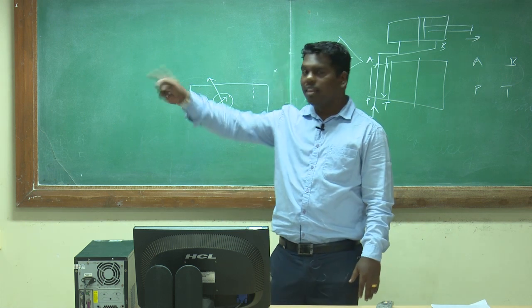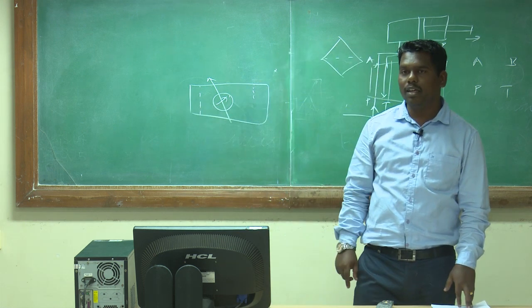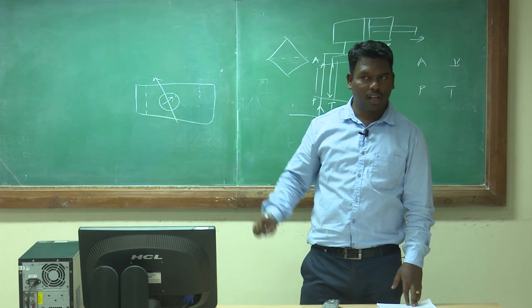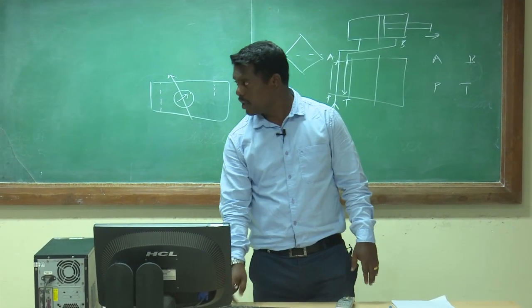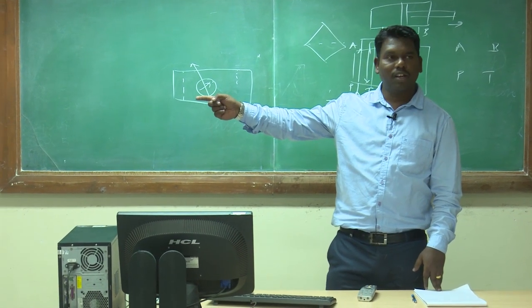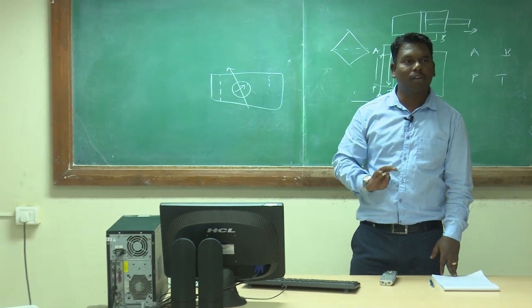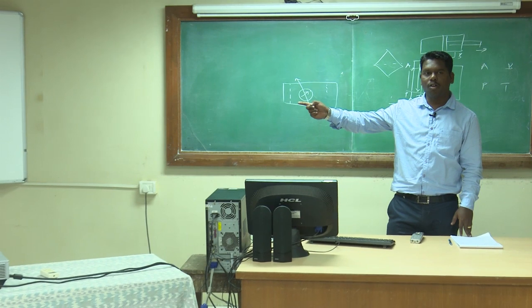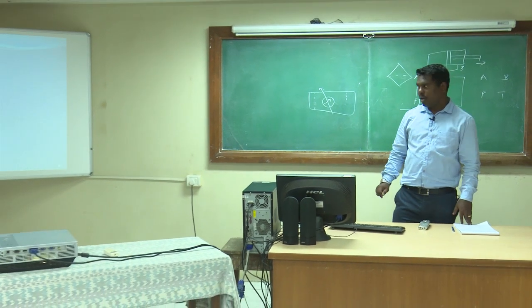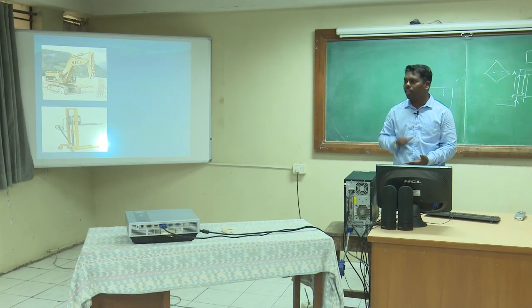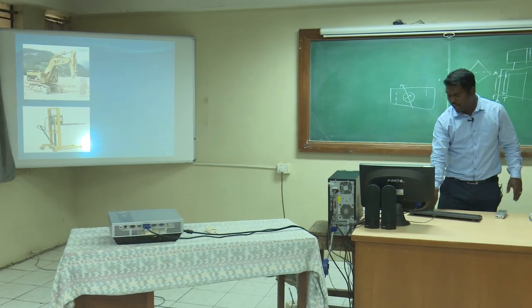Now tell me, this example is in which category? This is a JCB, which comes under which category? Hydraulics. Good. This is under which category? This is a material handling equipment. We can transfer the material from one place to another, which is hydraulic or pneumatic. Here oil movement is there, that spring is there, so in that spring oil supply is there. So this is under the hydraulic category.